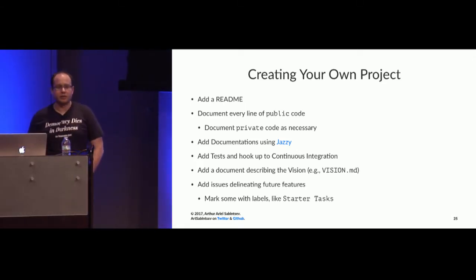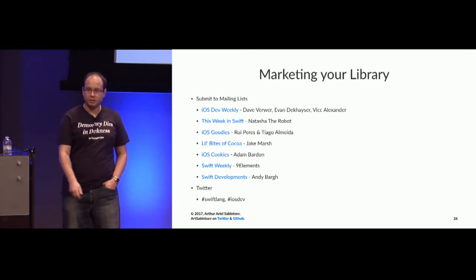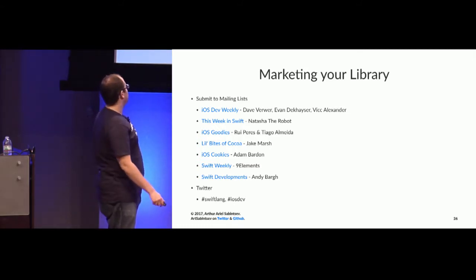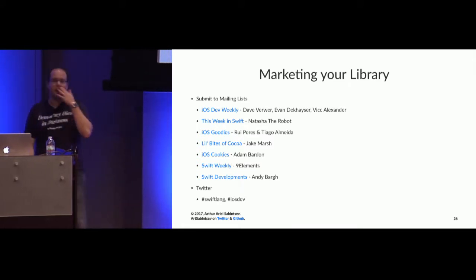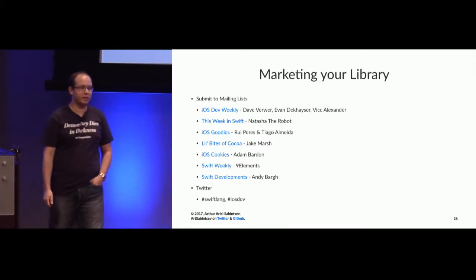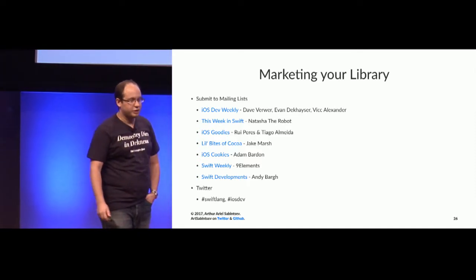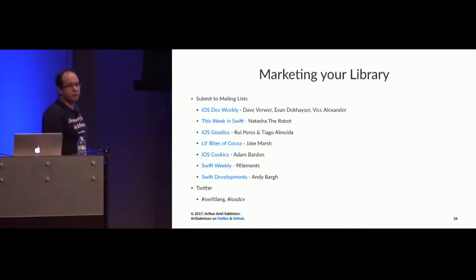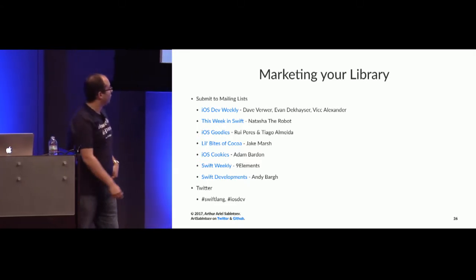Now, the question is, how do you market your library? You ping everyone you know. You go to every mailing list, the big ones and the small ones, and you tell them why your library is the best. It's kind of like marketing an app. If you ever asked, how do I get my app on the App Store, you'll find that there's this website that has 300 links saying which websites to send a 5-sentence pitch to, and maybe they'll write a blog post about you, and then you'll get a big bump in the App Store.